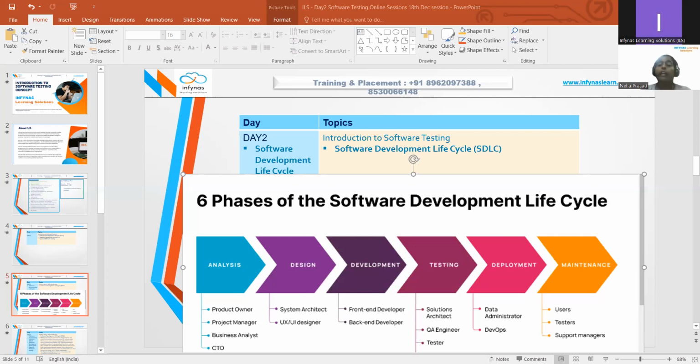What is deployment? Deployment is releasing or go live, means now for example if I talk about our IRCTC, testing has been done in IRCTC, now you can release IRCTC to the entire world for booking the ticket। That is the phase which is called as deployment। Now the last phase